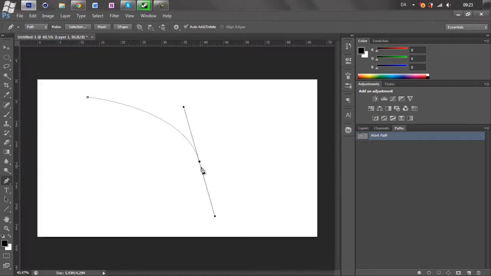But if you don't want to have this, you can see it can be kinda annoying sometimes. You wanna hold down Alt and then click on this point, and you can see the one anchor disappears. So now when I click again, it just creates a straight line. And I can then drag it out till it looks nice.